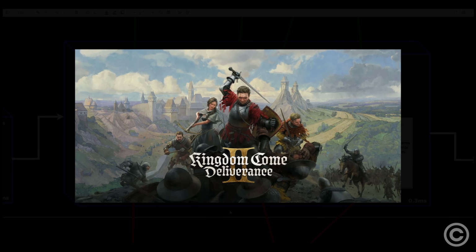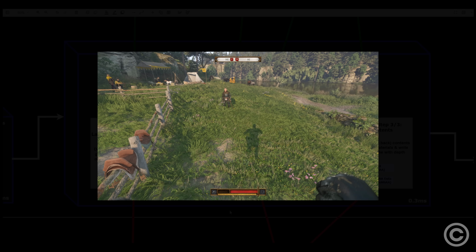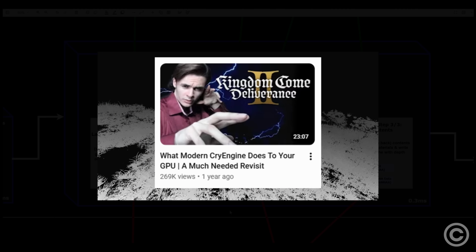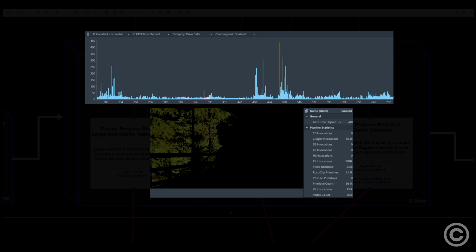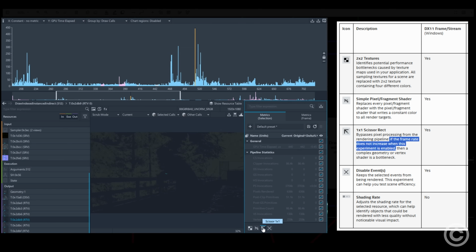Let me remind you that KCD2 broke the internet for the amount of foliage it could render, and that game only partially prepasses alpha-tested content, and gained performance when we disabled its prepass in-game. Still think this Silent Hill 2 remake test isn't good enough because the draw makes up 250,000 triangles? Well, the geometry bottleneck test doesn't indicate that the geometry is the biggest issue with this draw, unlike the invocation